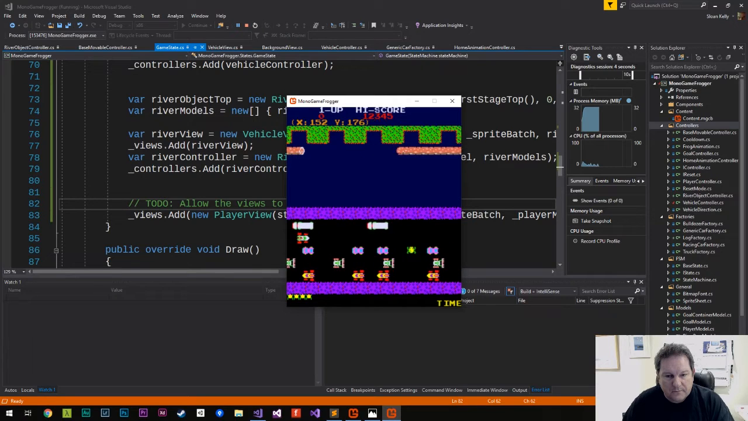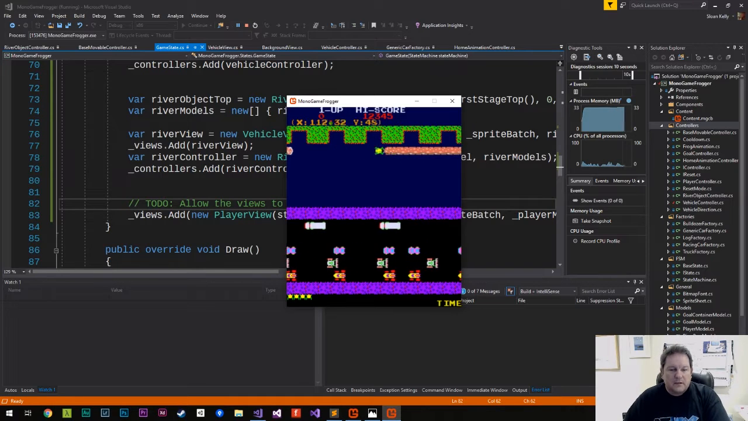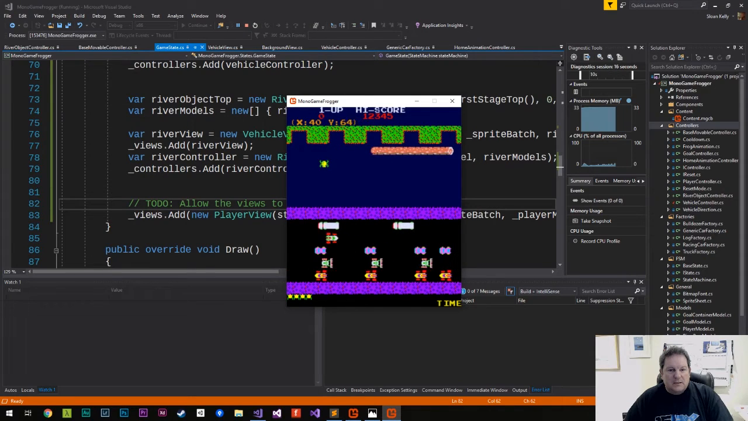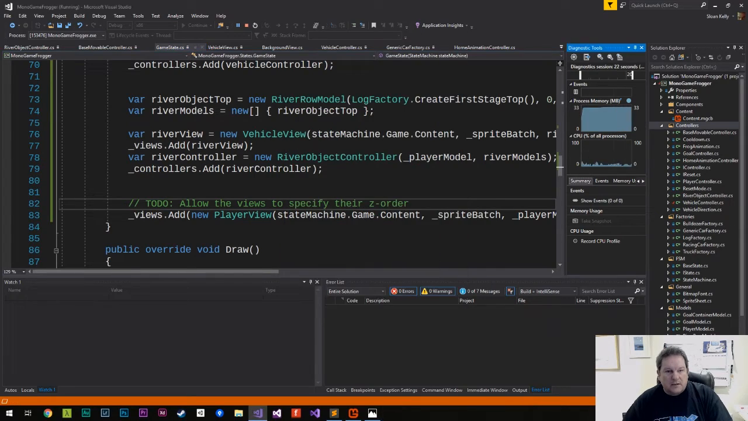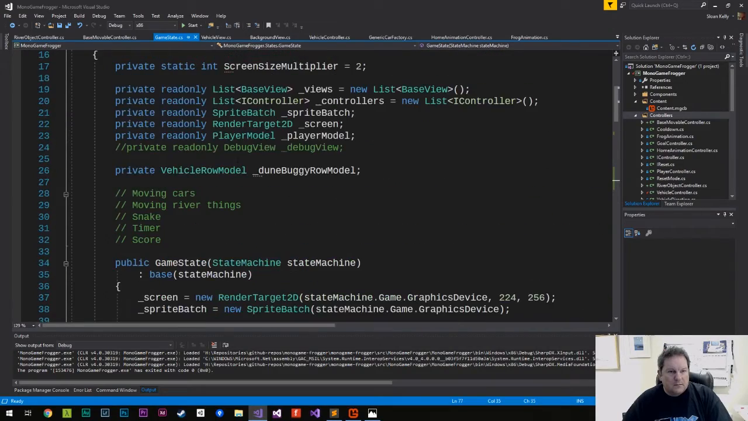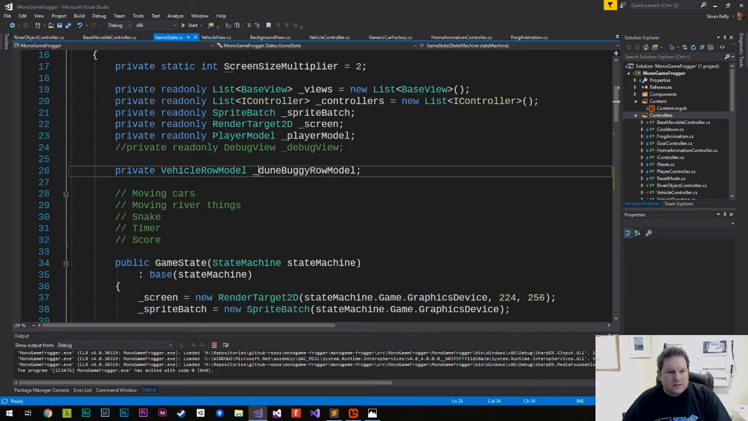And boom, there you go. So there's Froggy on top of that. Now what we need to do is, when the frog enters there, we need to know that it has collided. So I'm going to create another one that checks to see